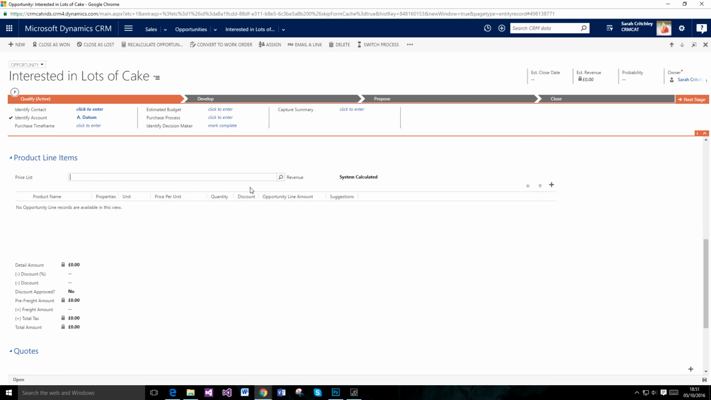So I'm going to scroll down here and actually select our cake price list. This is system calculated, so I've changed this to system calculated, and I'm going to select the existing product. So I'm going to scroll down here, and you can see that I've actually got two on my list. I've actually got my light bulbs and my cake. So I'm going to select cake,